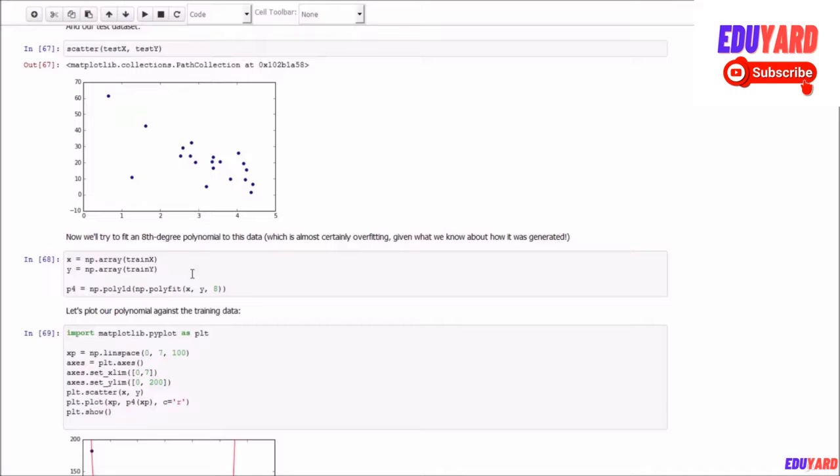So we are fitting our model using only those 80 points that we reserved for training, and we have the p function that we can use to predict new values.